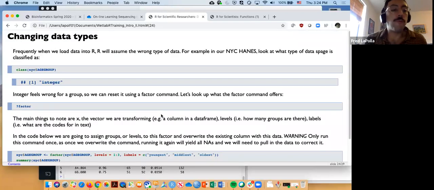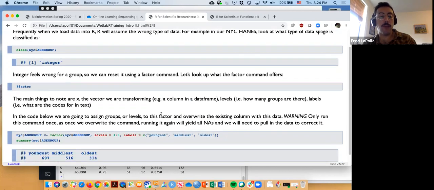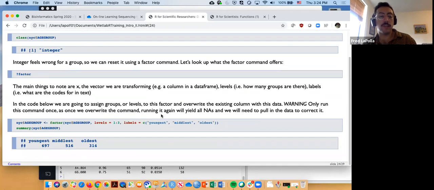So I mentioned that often R will read things in the wrong way. And it can be really beneficial to us to be able to reassign the data type. So we looked a little bit, when we were talking about factors, about reassigning those factors. So we might want those groups 1 through 3 to be either young, middle, or oldest, or something that's going to make sense. We could give the actual